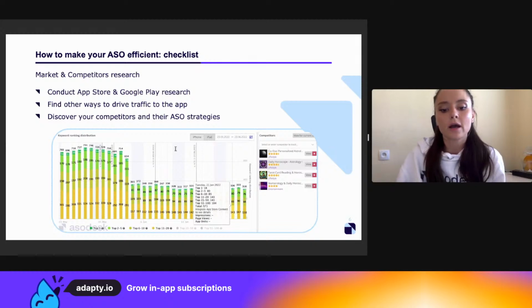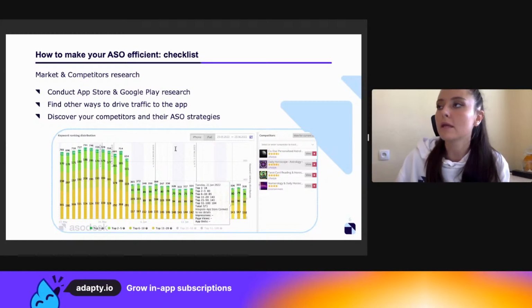The next step is that you search for the top charts and analyze them. Maybe using top charts, you can also find competitors for your application and analyze them too. Or maybe you can understand your sphere, for example, books. How many times in the books top charts are the first positions changing, the top 5 changing, or maybe there are 3 apps that have been in positions 1 to 3 forever, and you think that maybe you can't be in top 1. And you also need to understand whether the App Store, Google Play or App Gallery promote applications like yours in editorials, in App of the Day, in